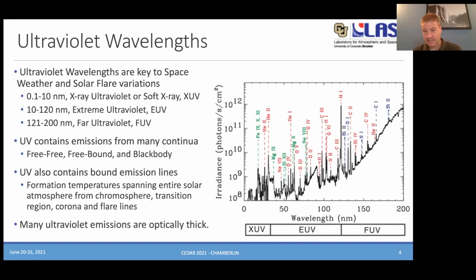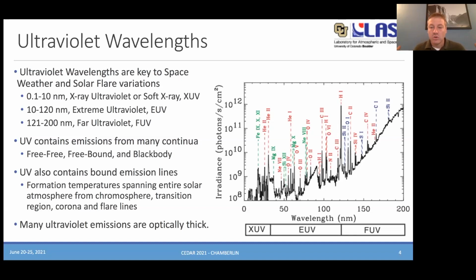And what you see when you zoom in on this is you not only have the short wavelength, high energy end of the blackbody continuum, but it ends up being dominated once you get to the EUV, partially in the FUV, definitely in the UV, and even more so in the XUV, by very strong free-free and free-bound emission lines, as well as the bound emission lines.